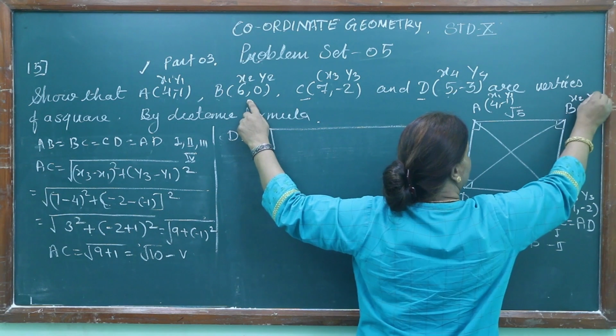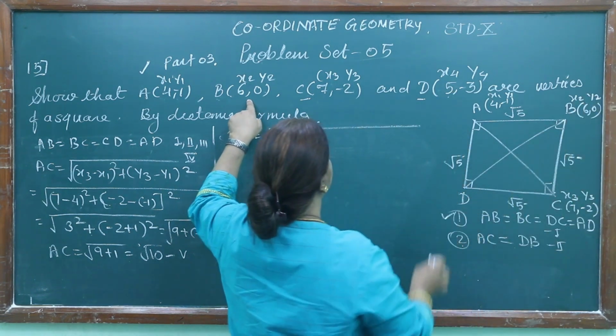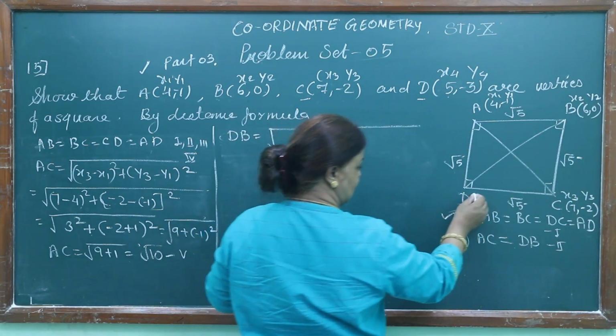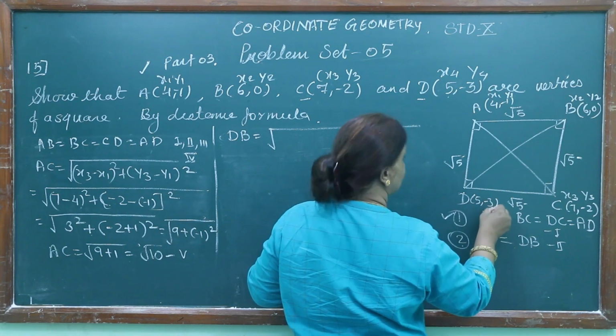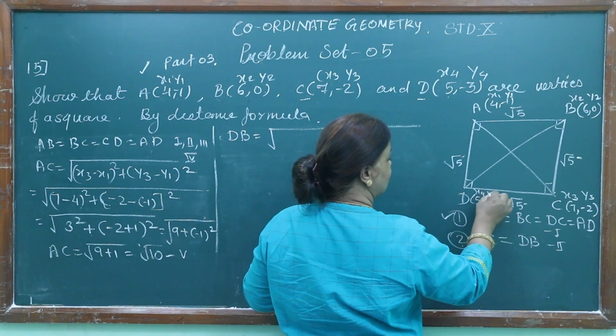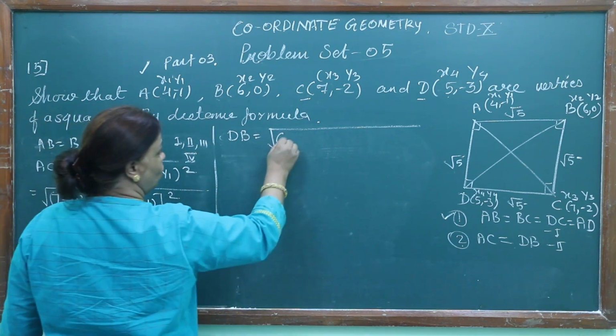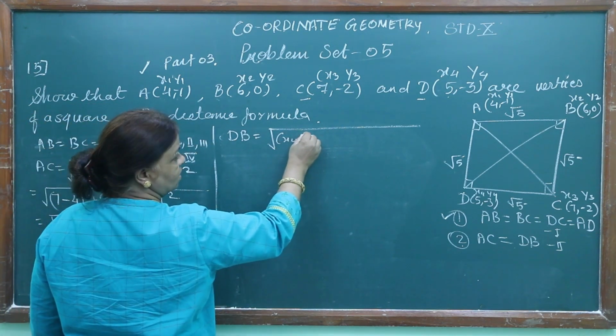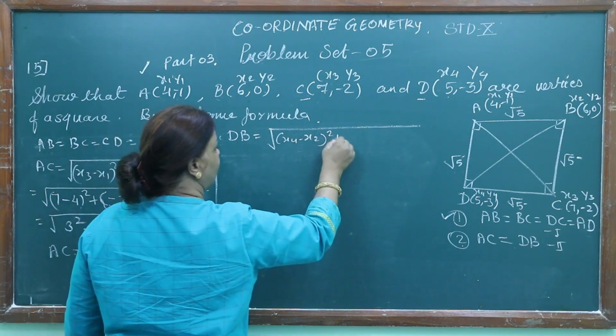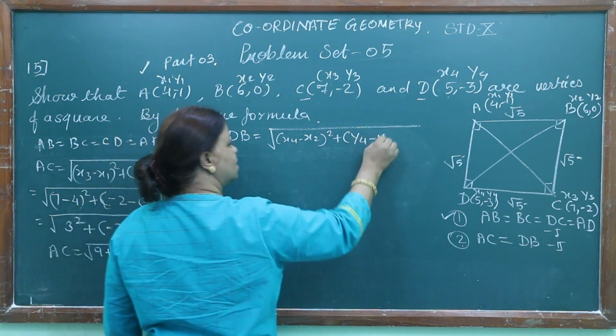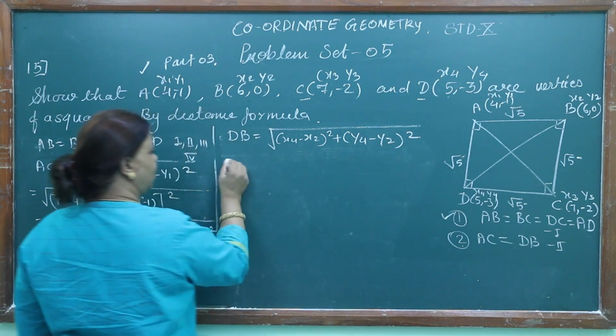And it is x2 and y2. And D is 5, minus 3. It is x4 and y4. Let us start DB. So x4 minus x2 the whole square plus y4 minus y2 the whole square, which is equal to